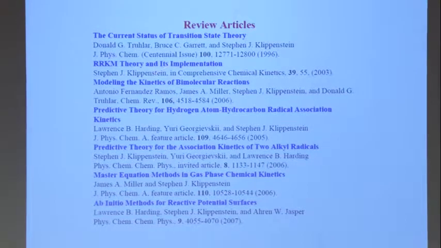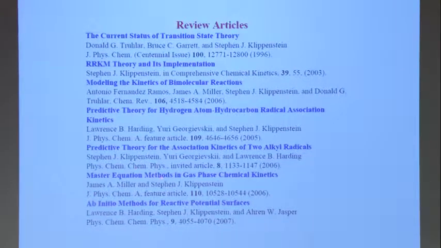This paper, RKM theory, and especially this paper, master equation methods in gas phase chemical kinetics, is a very key paper to read, a future article in JPhys Chem about how to do pressure-dependent rate coefficient calculation. So if you have a reaction where the collisional energy transfer is contributing significantly to the rate, so it's either rate controlling or not insignificant, that there's like a hindrance to the reaction or something's happening because of the slow collisional energy transfer, you can't make the Boltzmann approximation.